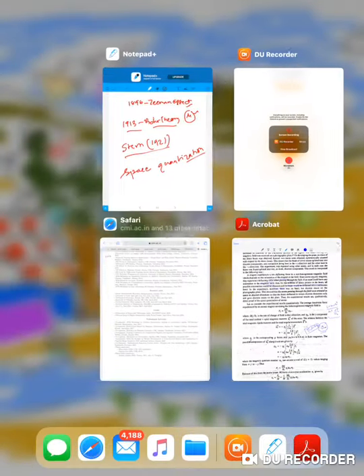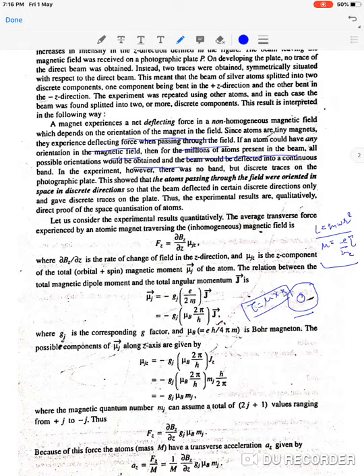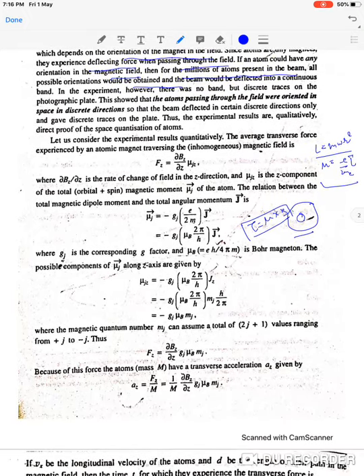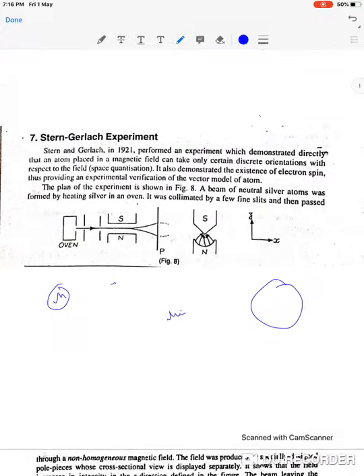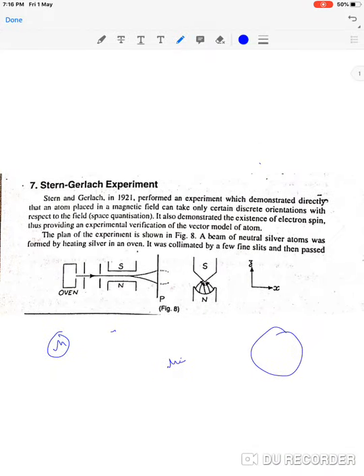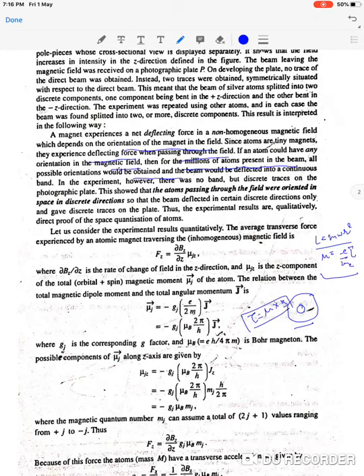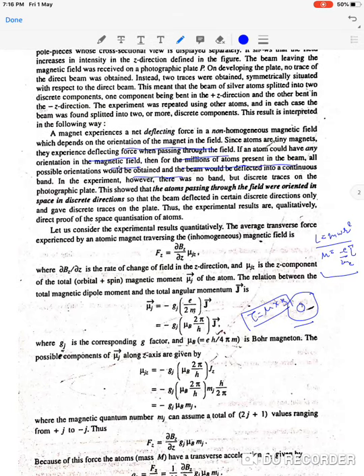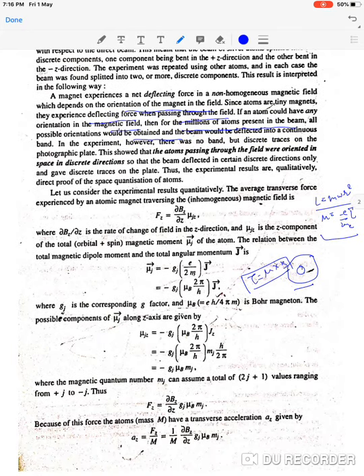Yes, so we were discussing the force experienced by the tiny magnets, these magnetic moments or atoms, passing through this inhomogeneous setup. They will experience some force because of the continuously changing magnetic field, and that force is in the z direction. The force can be defined as Fz, which is minus del by del z